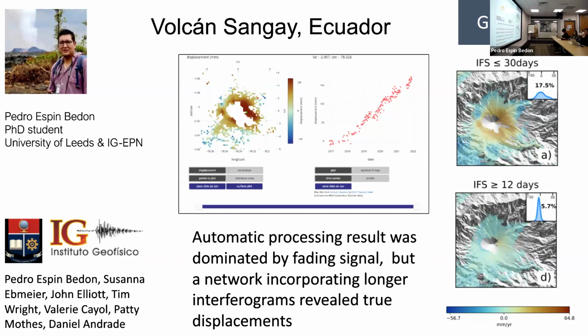In a lot of volcanoes, it's not, and it actually takes an awful lot more effort to try and really test the quality of the data, account for things like phase bias by improving the network or making some corrections, making tailored atmospheric corrections, using a different digital elevation model for your georeferencing and that sort of thing. But Sangay is one of the examples that's on the portal, and you can have a look there.